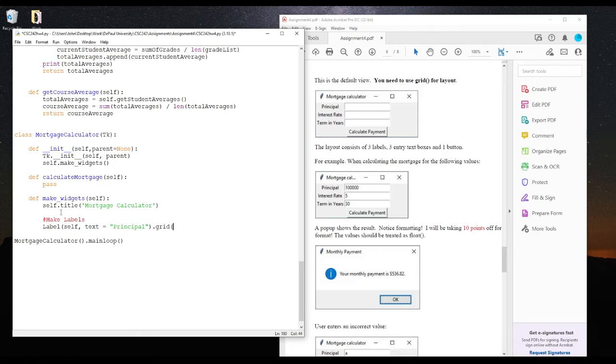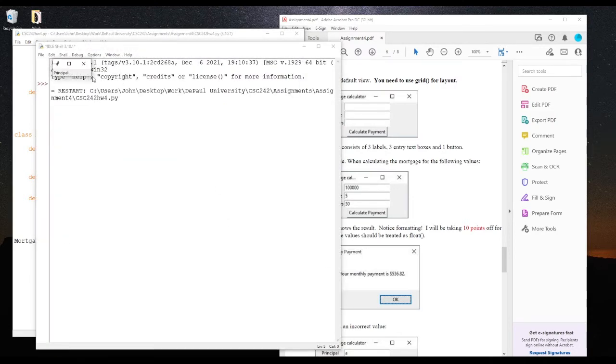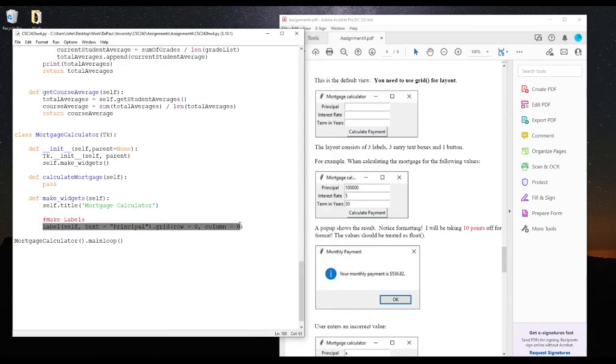or sorry, dot grid, row is equal to 0, column is equal to 0. And you'll notice another thing is that because I'm not referencing an entry or a variable of self dot, I can use my dot grid on the exact same line. So we now see that I have my principal,